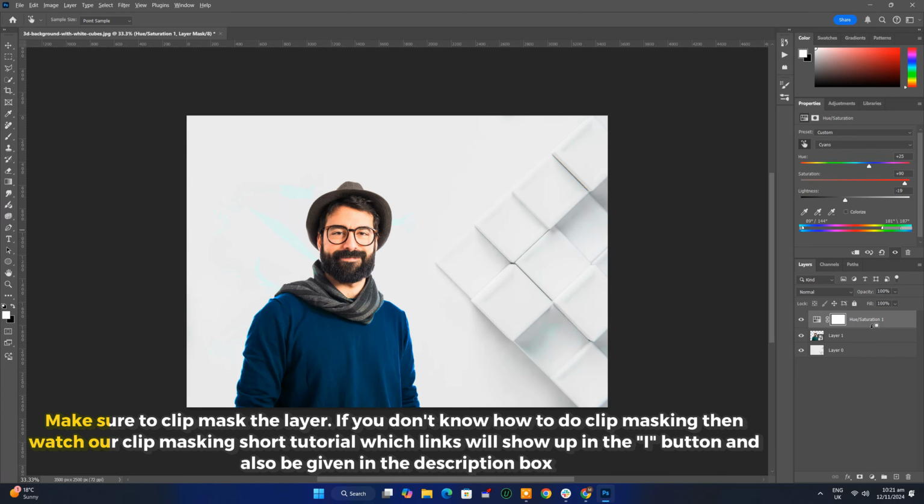Make sure to clip mask the layer. If you don't know how to do clip masking, then watch our clip masking short tutorial, whose link will show up in the I button and also be given in the description